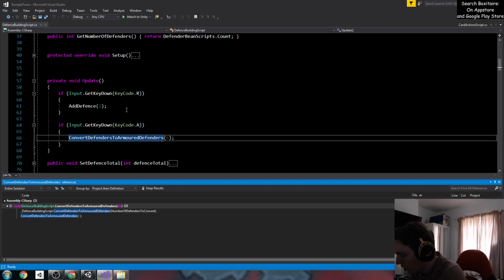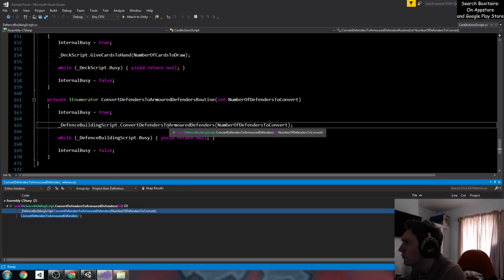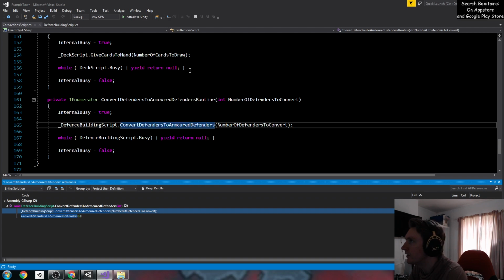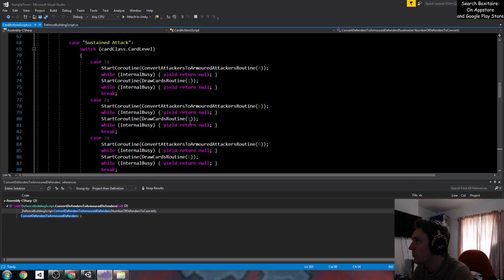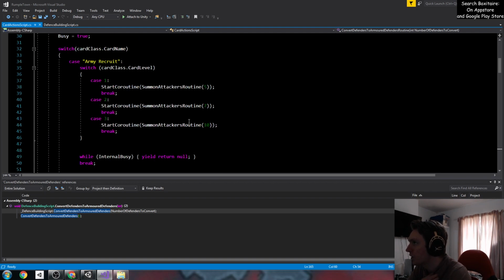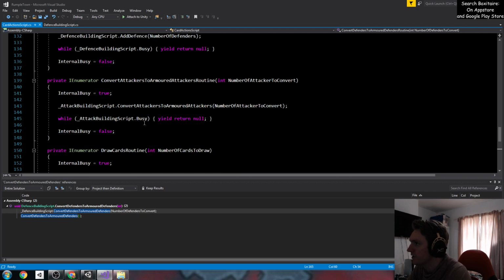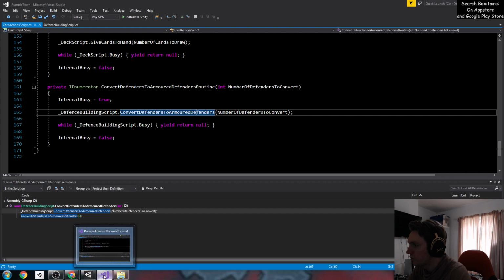So what we are, R and A are the key ones here. And what I'm doing as well, because this will be relevant as well, this is the card action script. So this is basically the Big Daddy script that does all the actions that the card says that it does. So, right. So what we're going to do,